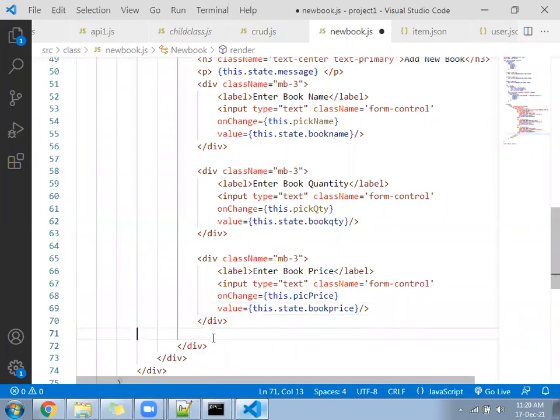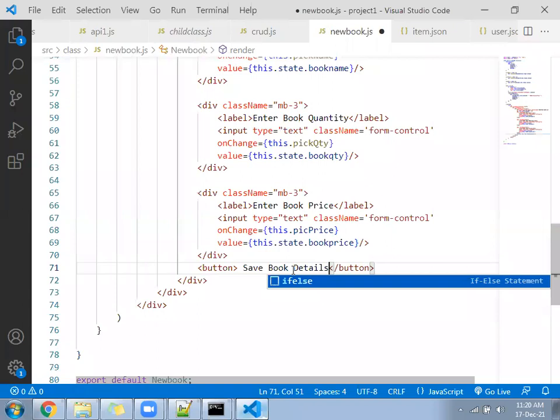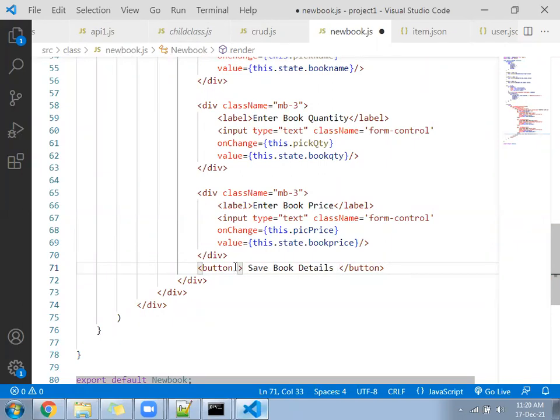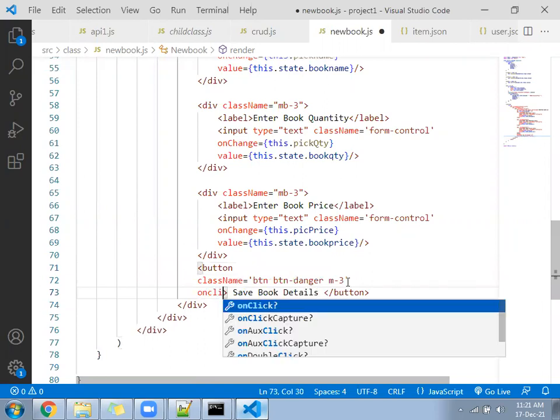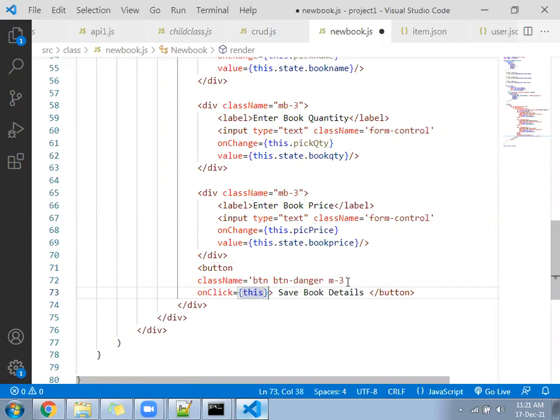Then you will come here and write a button, save book details, className btn btn-danger m-3, onClick equal to this.save.